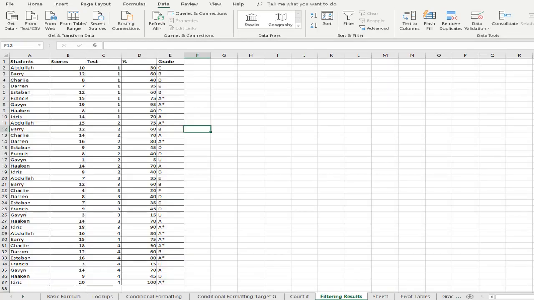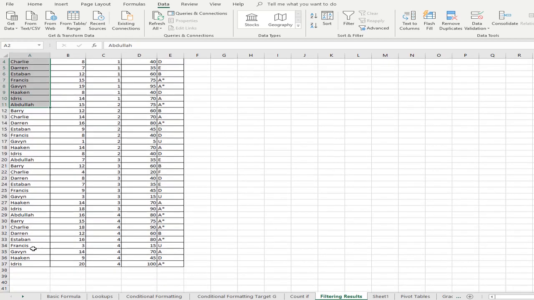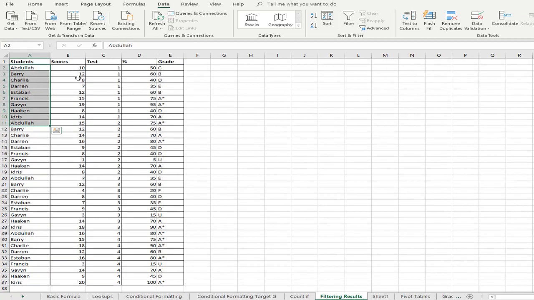Okay, so in this next tab, we want to start looking at filtering and sorting. I've added some more fictitious data. We had the 9 names before, and what I've done is just repeated the 9 names several times and put some fake scores down. I just want to show you how to filter results and how to sort results, and the different filtering